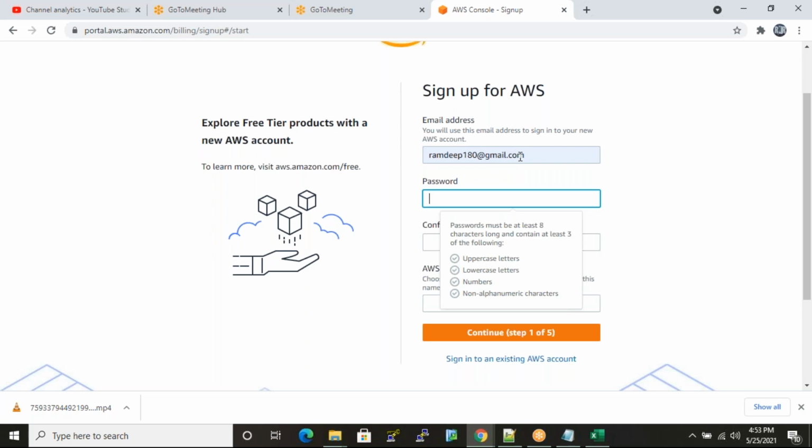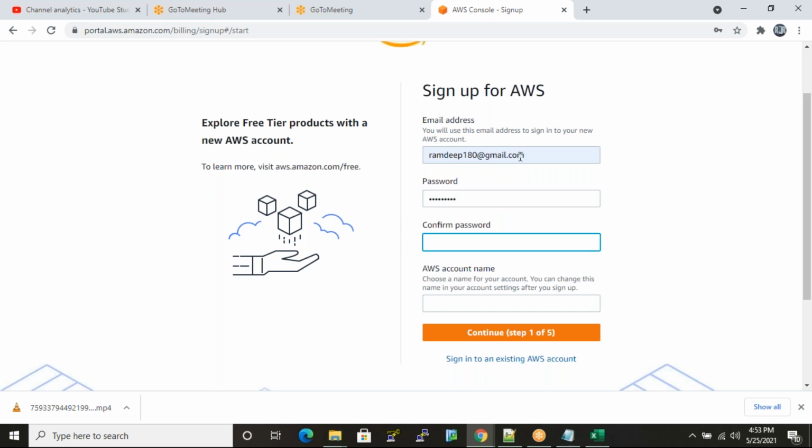So that is my email address, and confirm the password. My username is Ram.